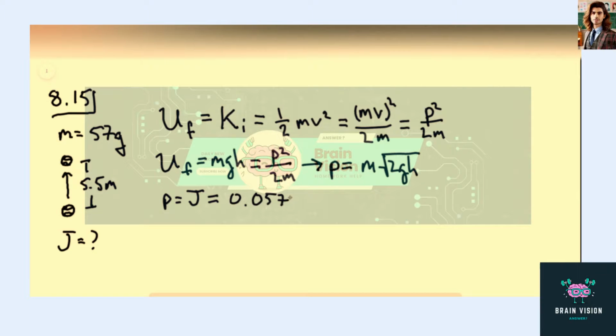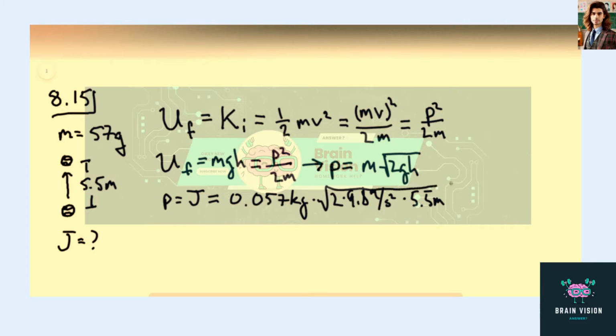So we put in our mass. Take the square root of 2 times 9.8 meters per second squared times 5.5 meters. And putting all those numbers into however you like to do these things, it transpires that our impulse is 0.593 Newton seconds, which is also a kilogram meter per second,